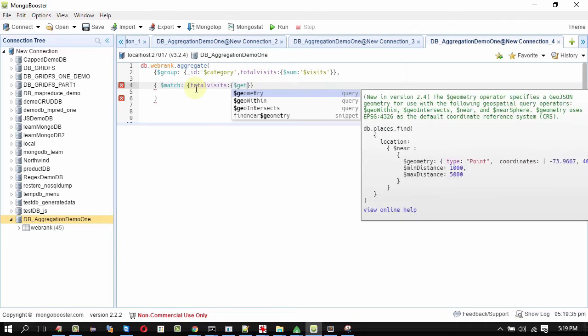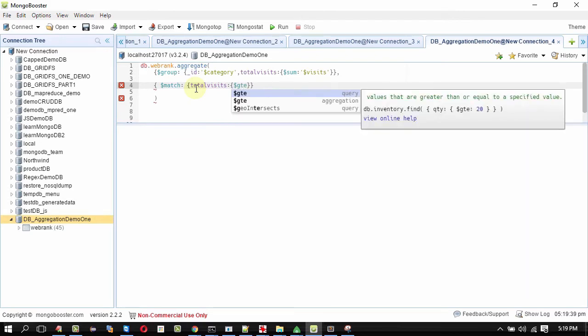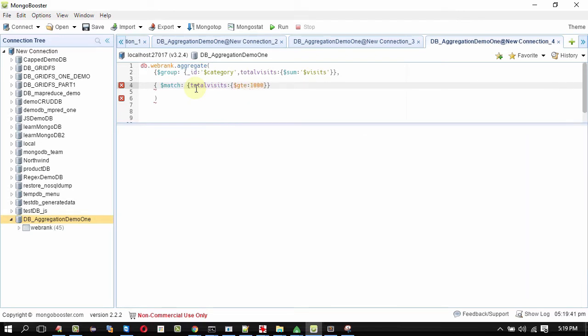Dollar greater than 1,000 into 1,000. So that's 1 million. Group is done, match is done.